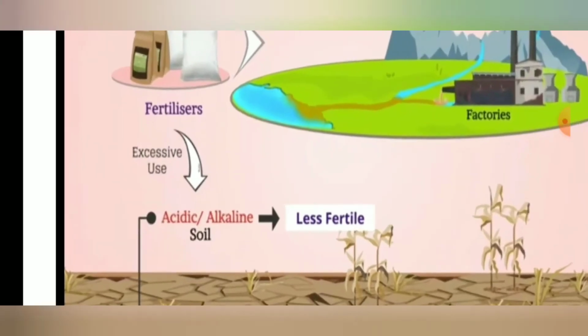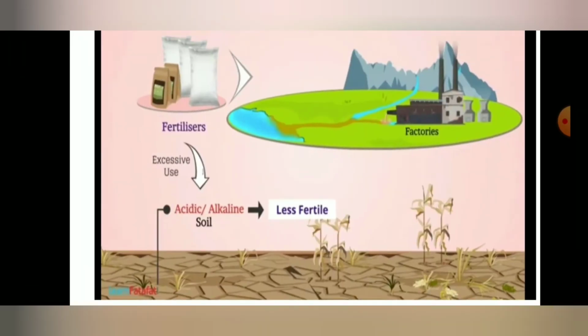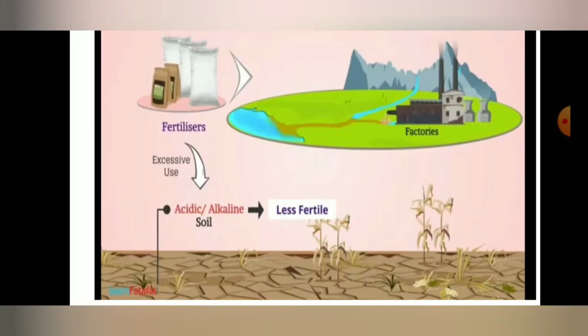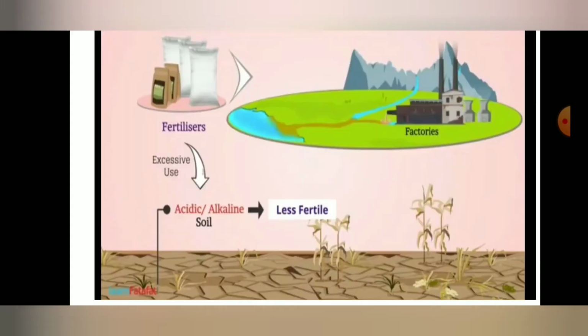Next is fertilizers. See, adding the manures and fertilizers, the fertilizers which involve chemical fertilizers, see this kind of fertilizers containing highly urea. Okay, urea. See in this picture. Fertilizers are of excessive use. What will happen? So adding the manures is the best method. Among them, adding the organic manure is the best method, because they do not contain any chemical substances. But fertilizers contain chemical substances.